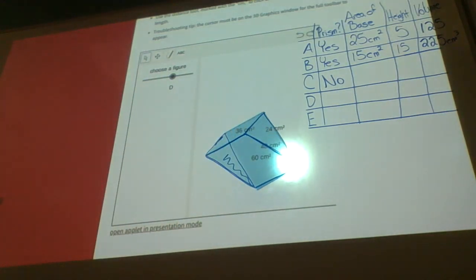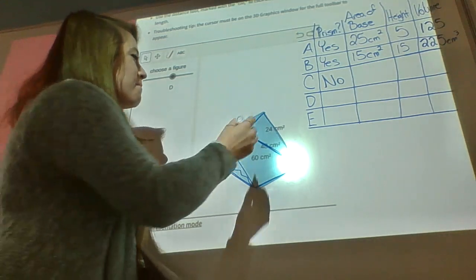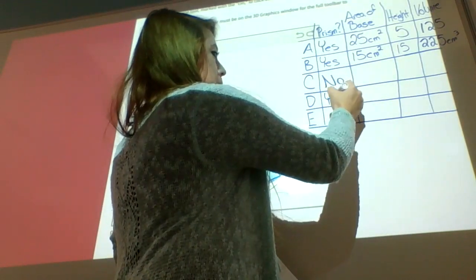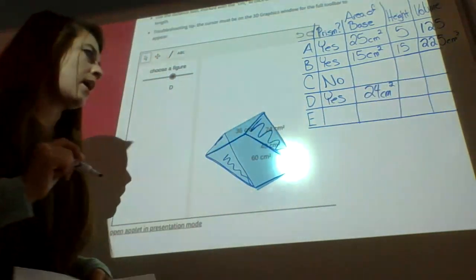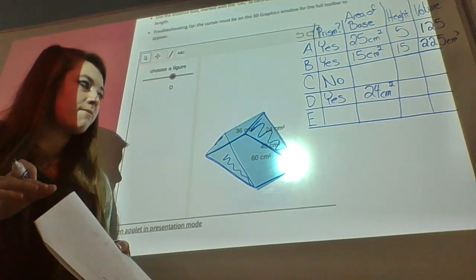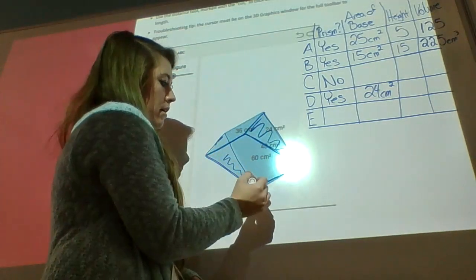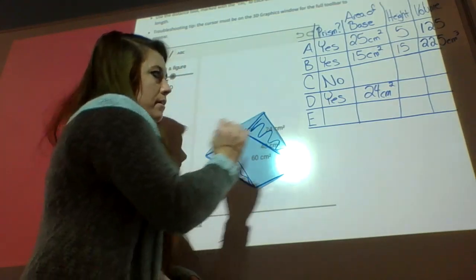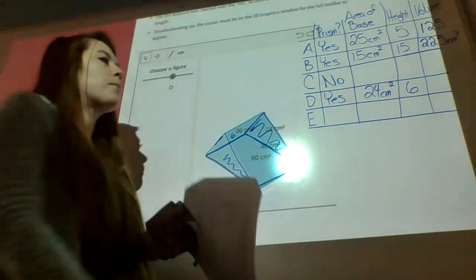Now, for this, our base is this 24 centimeters squared. So yes, this is a prism. Base is 24 centimeters squared. And so it's giving us the area of all the sides, which I know gets very, very confusing. But this right here, our rectangle is going to have a height of 6. So we take 24 times 6, and we end up with